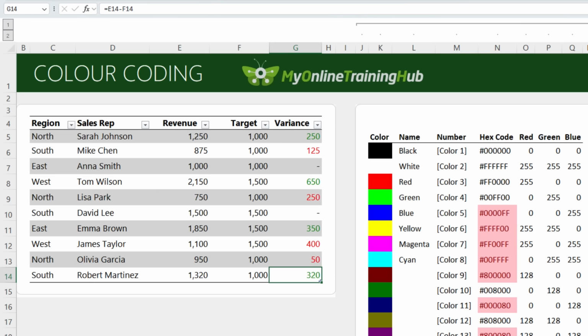Of course, keep in mind accessibility needs of those using your file, because red and green can be difficult to